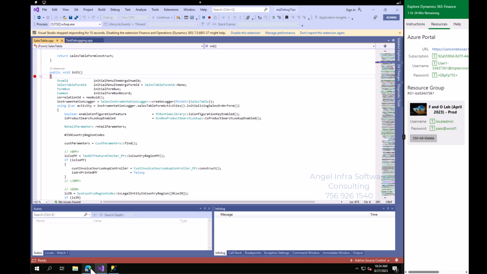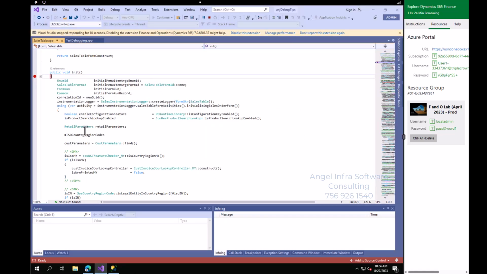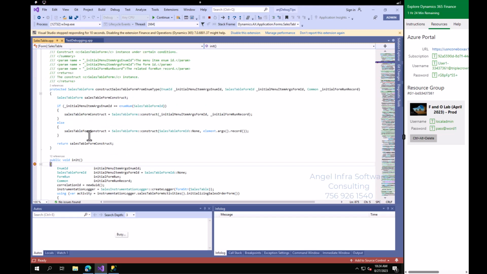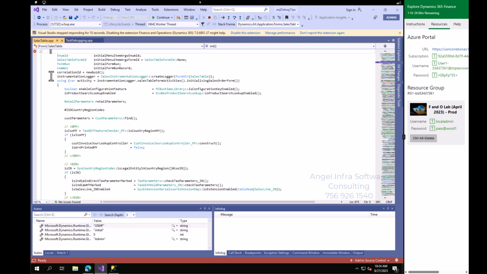Now let's try to refresh the screen. Refresh the screen, and now it came to here. See it. So it started debugging the standard code. This is how you debug the